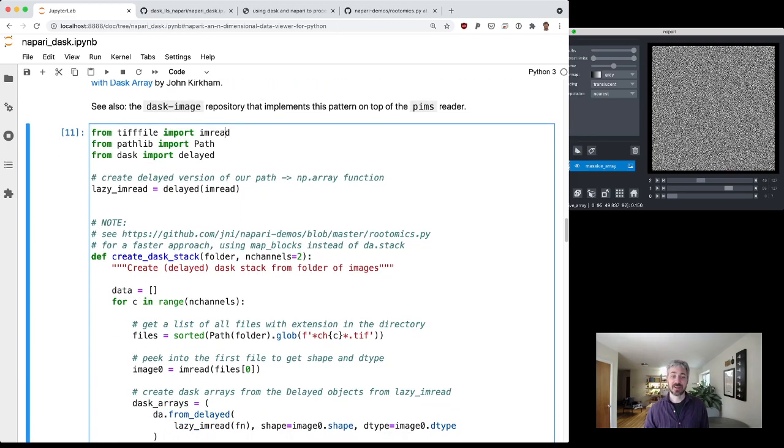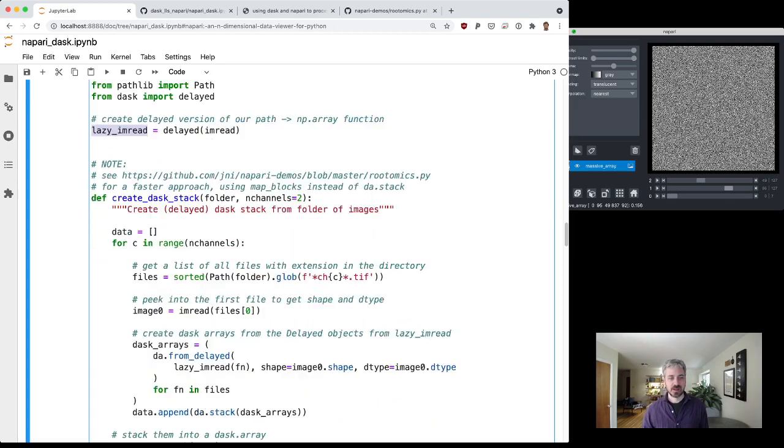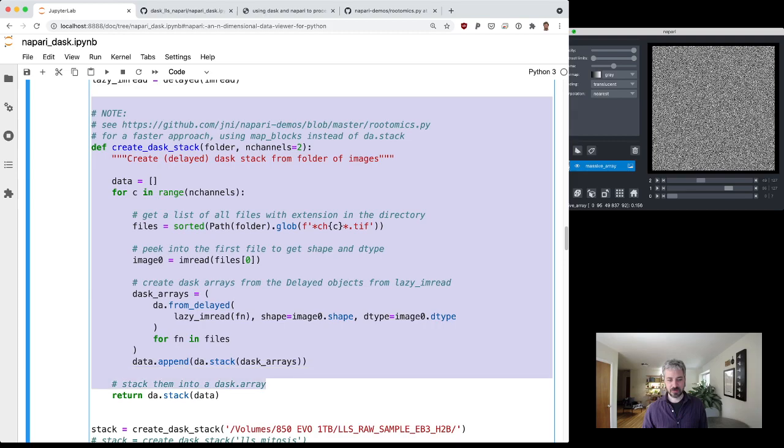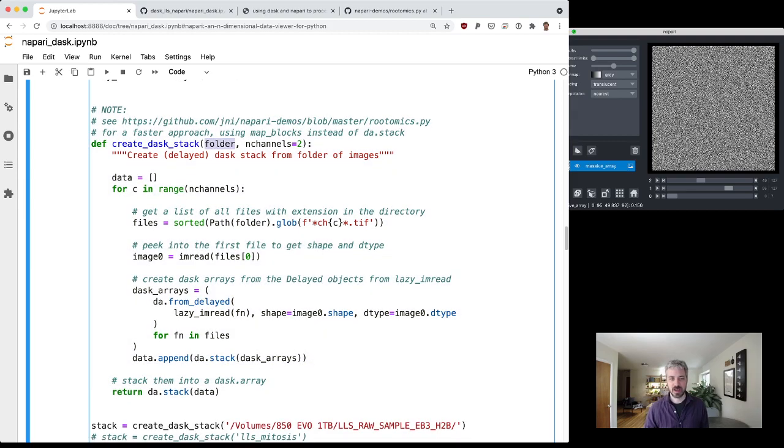So I'm going to load my file reader function from TIFF file. Imread just takes a path and returns a NumPy array. And I'm going to load Dask delayed from the Dask namespace. And I'll just wrap imread with delayed to create a delayed version of our reader function. And then I have a helper function here, create Dask stack, that just takes a folder and basically